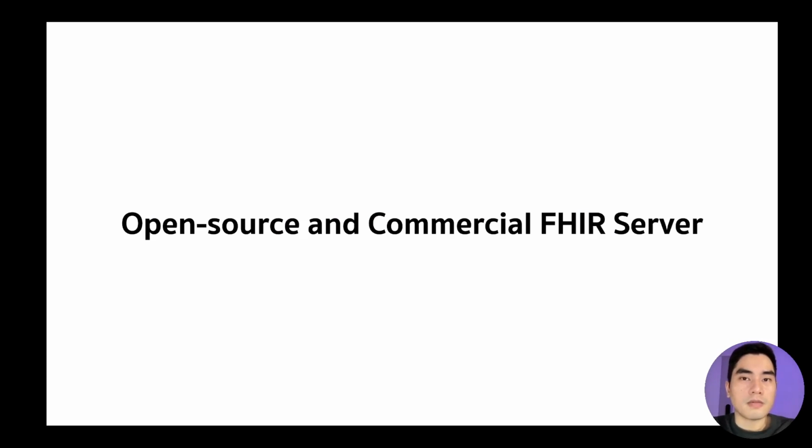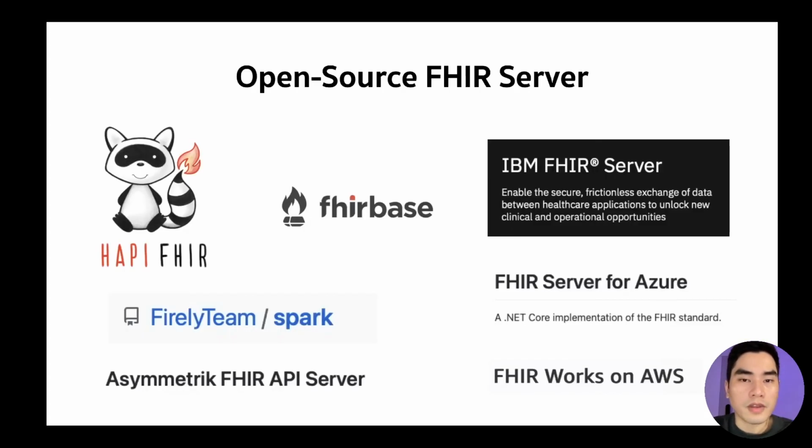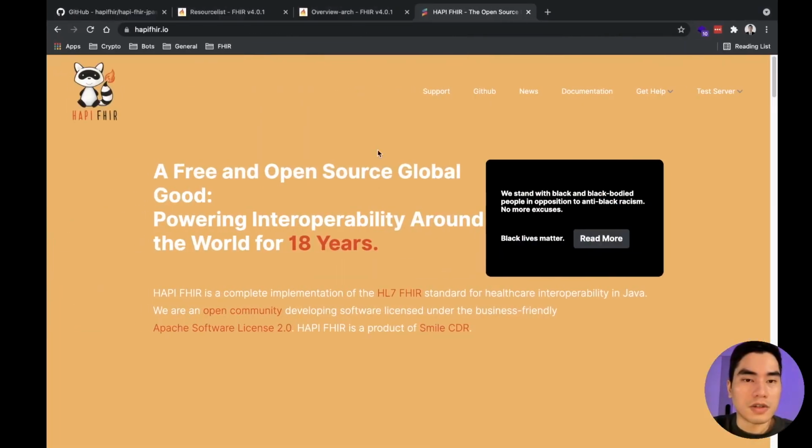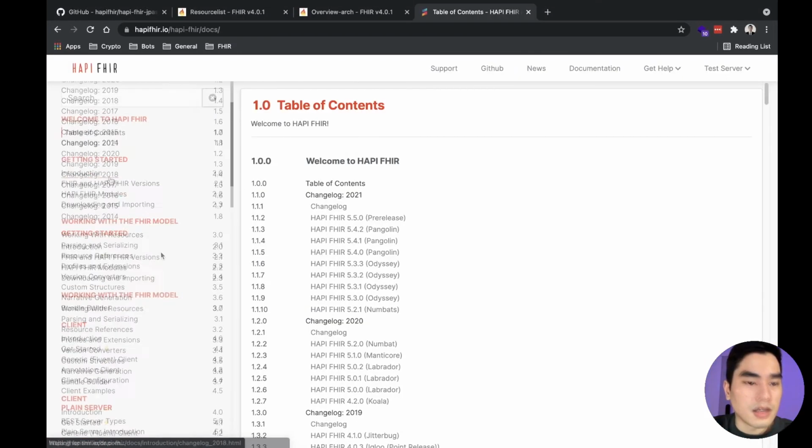The last section of this lecture, I will guide you through some open source and commercial file servers. For the open source file server, the main one that people use a lot is HAPI FHIR. You can go here, this one, HAPI FHIR, and you can go to documentation.